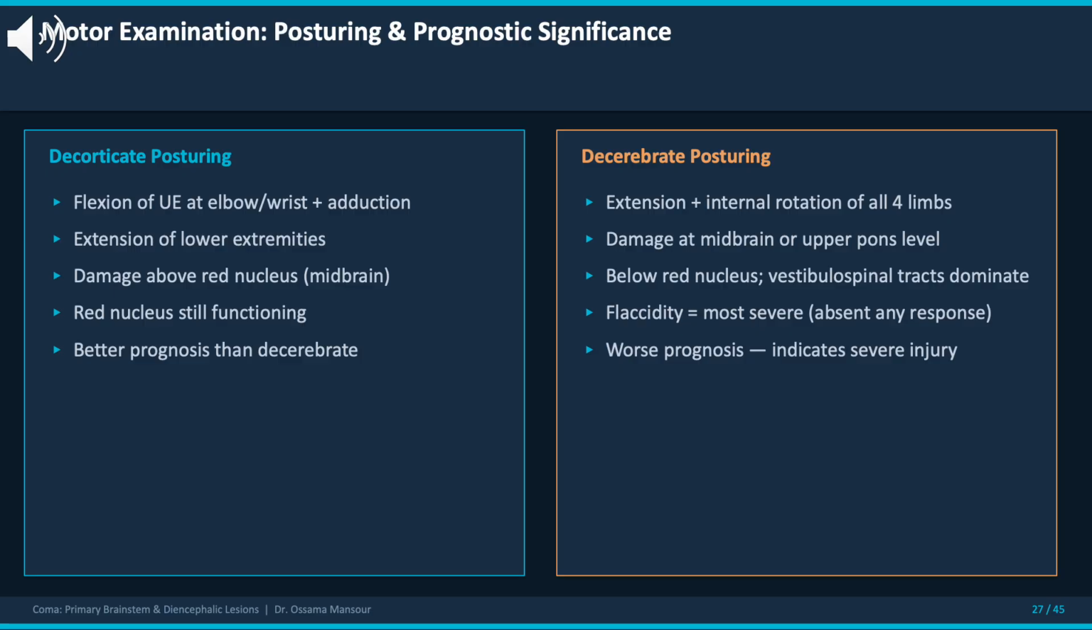For flaccidity, complete absence of any motor response even to the most noxious stimulation, indicates the most severe injury and suggests either very deep coma or spinal cord injury. It's critical to recognize that these posturing patterns are not voluntary movements. They are stereotyped, reflexive responses that occur automatically in response to stimulation, reflecting the level at which normal cortical modulation has been lost. The distinction between localizing responses and posturing is not merely descriptive, it has real clinically meaningful prognostic